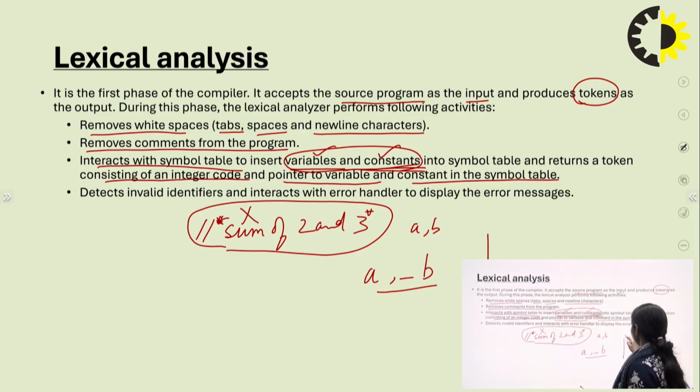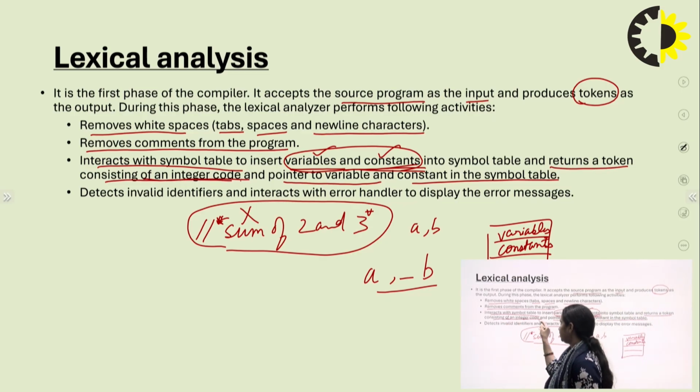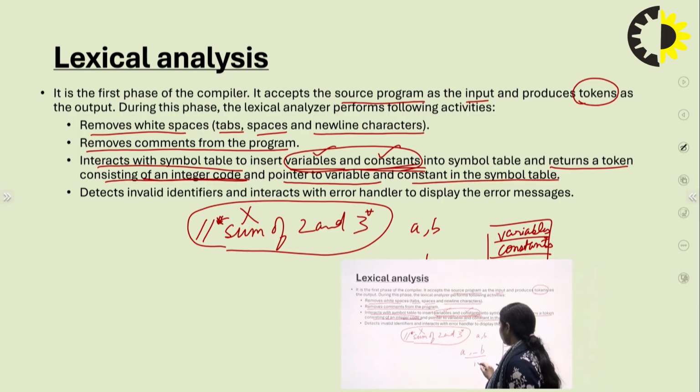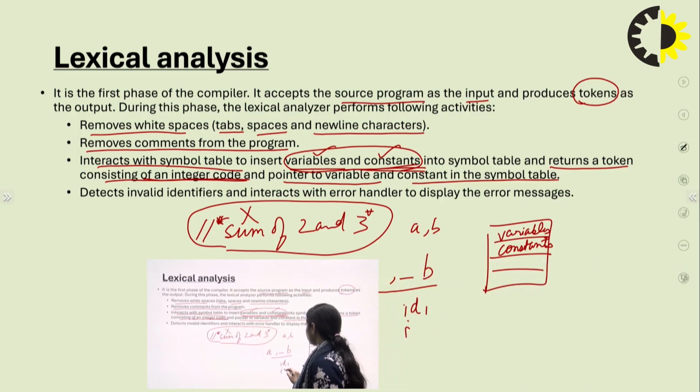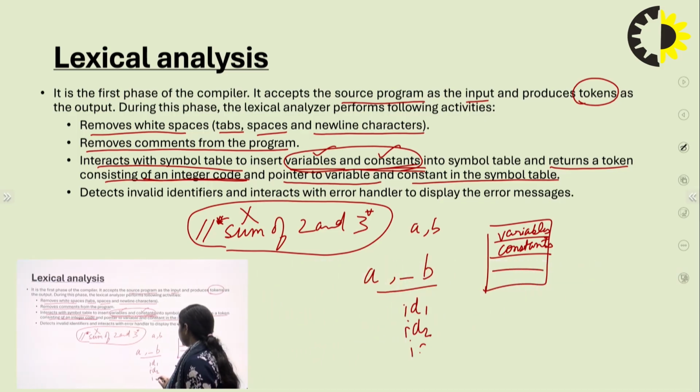So there is a symbol table, and in this symbol table the variables and the constants are inserted, and it returns a token consisting of an integer code like ID1, ID2, ID3.